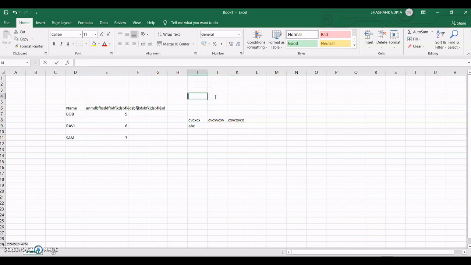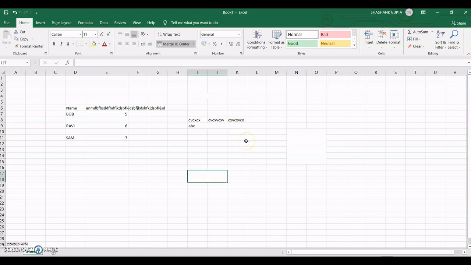Suppose I'm going to merge these two cells. Now my cells are merged. Here you can see that the middle line has disappeared. Suppose you want to merge these cells together; by clicking on it, these cells are merged together. I'm going to merge these four cells. Go to the merge cell option.